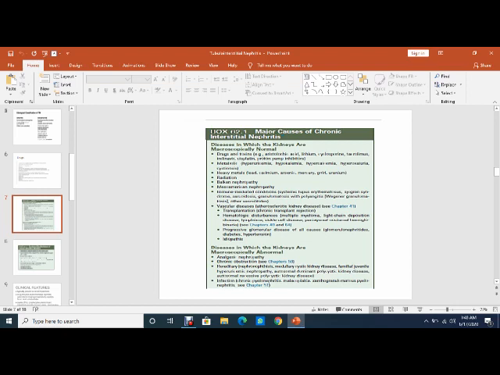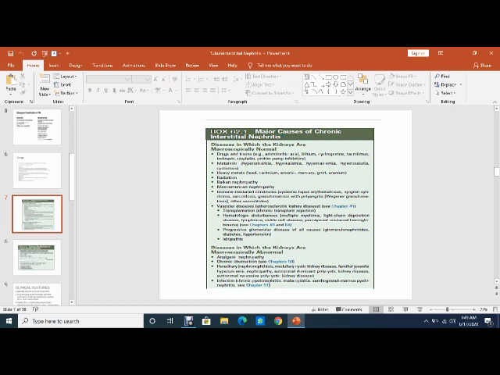Now first, drugs and toxins that lead to this problem: lithium and cyclosporin and tacrolimus, these are the CNI, calcineurin inhibitor drugs, cisplatinum, PPI drug. Then there are some metabolic causes that lead to